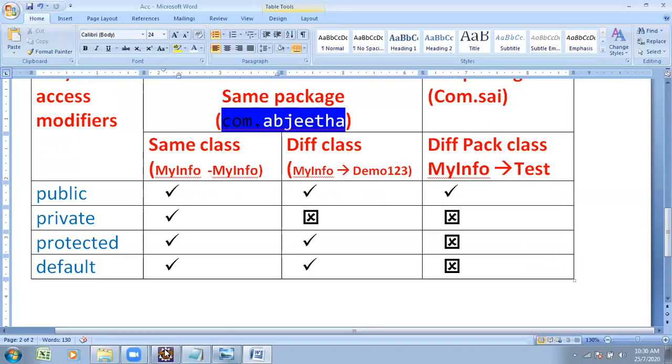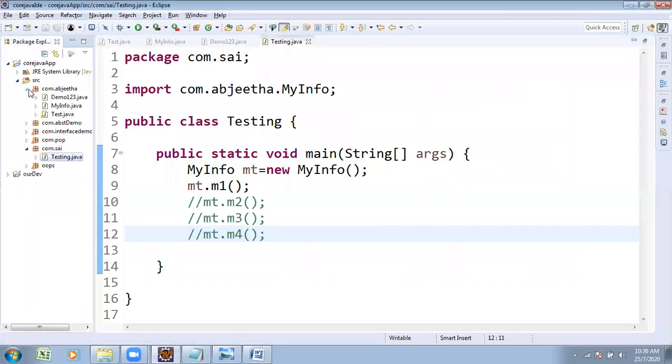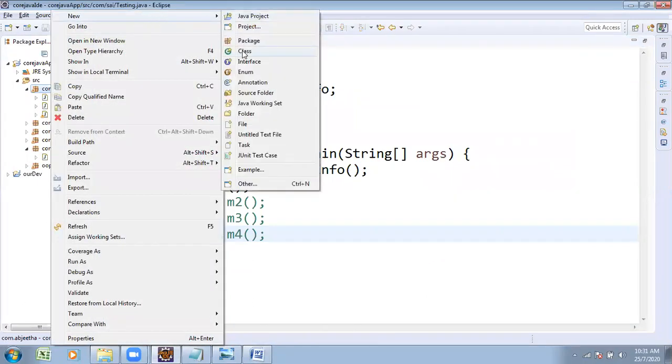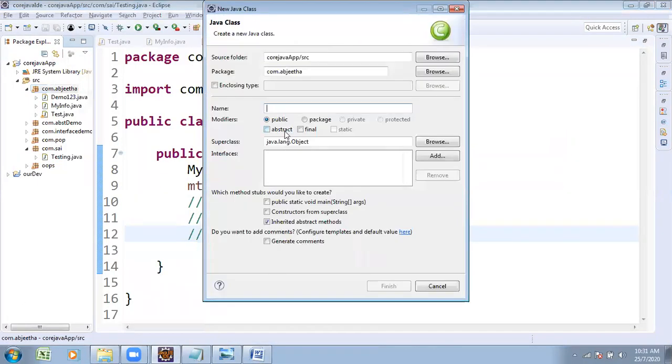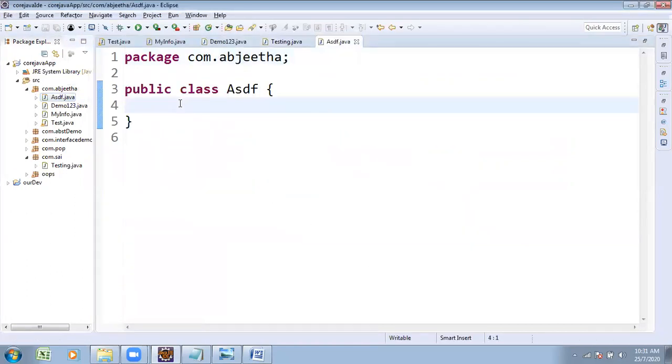Observe one small example I am going to discuss with you, easy to understand. Under com.abhijit, I am creating one new class. Class name is ASDF, any name you can give. Under ASDF, two methods or variables, any type you take.